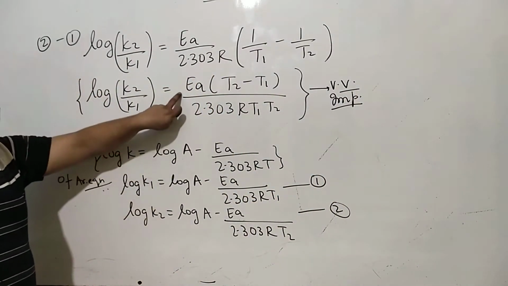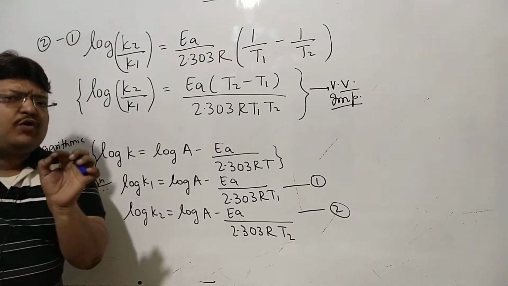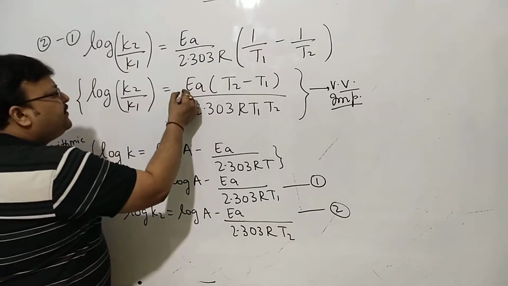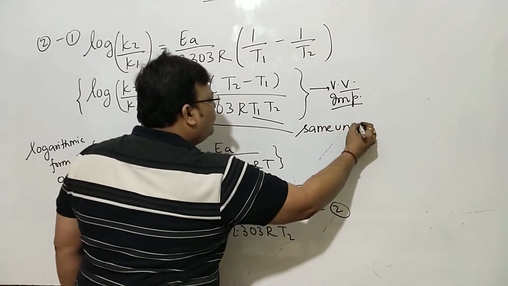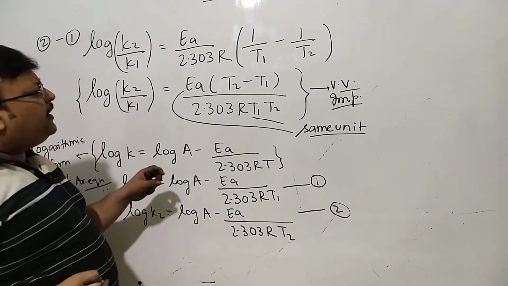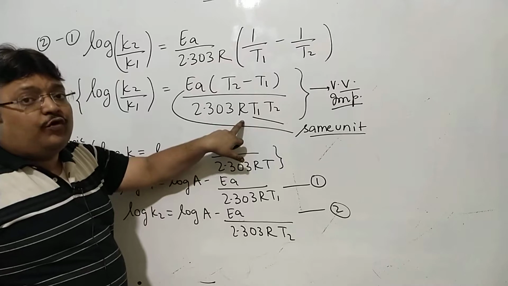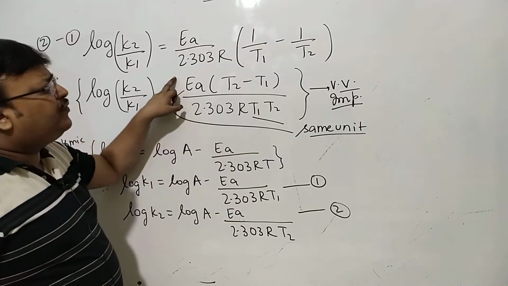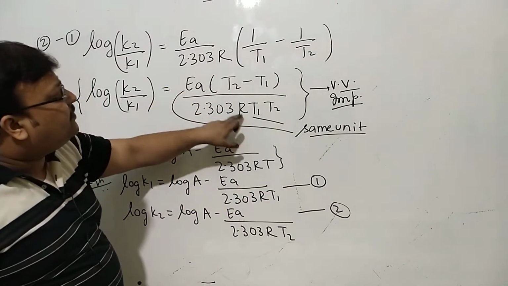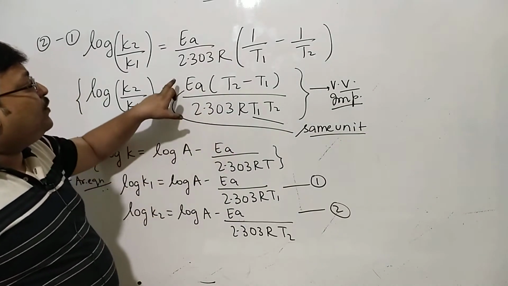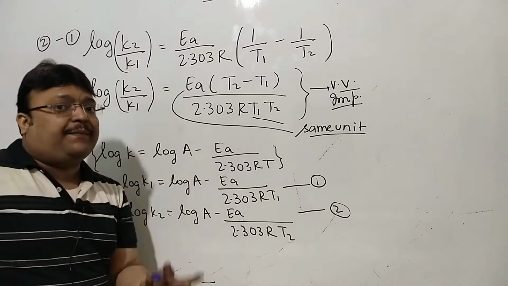If the activation energy of the reaction is known, you only need to be cautious at one front. This activation energy and R should be in the same unit. I remind this almost every time because so many times this is given in joules and you want to write R as 8.314. If it's given in calories, you will want to write it as 1.987 or almost 2. So make sure these two are written in the same unit, and if you know the value of EA, and the value of K1 at one temperature, you can well calculate K2 at any temperature.